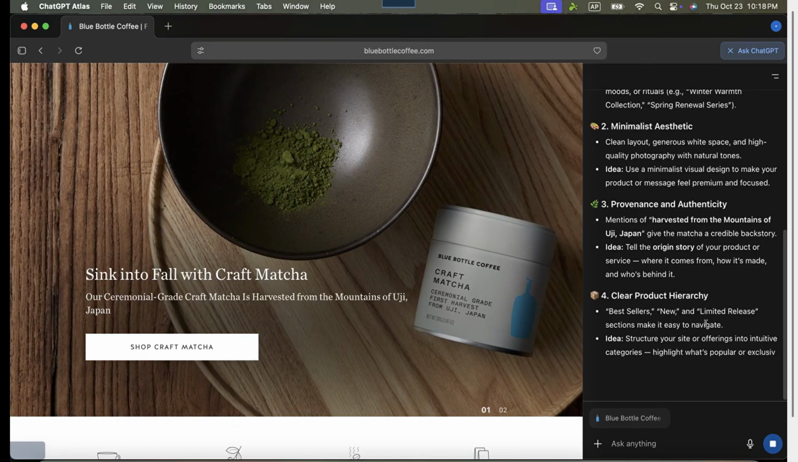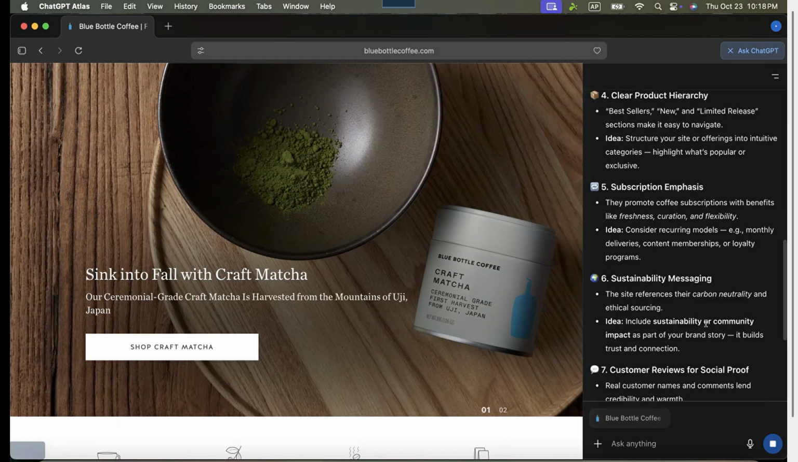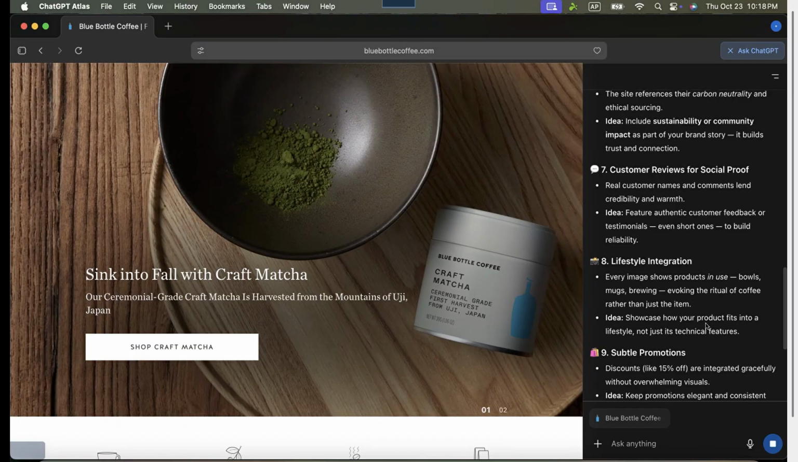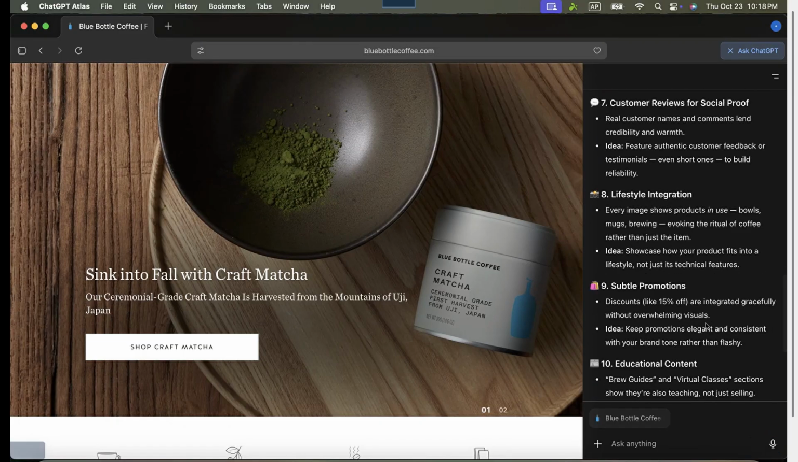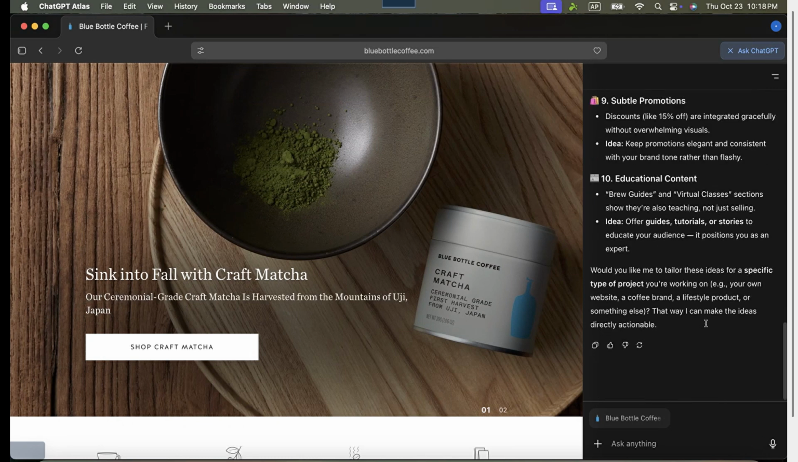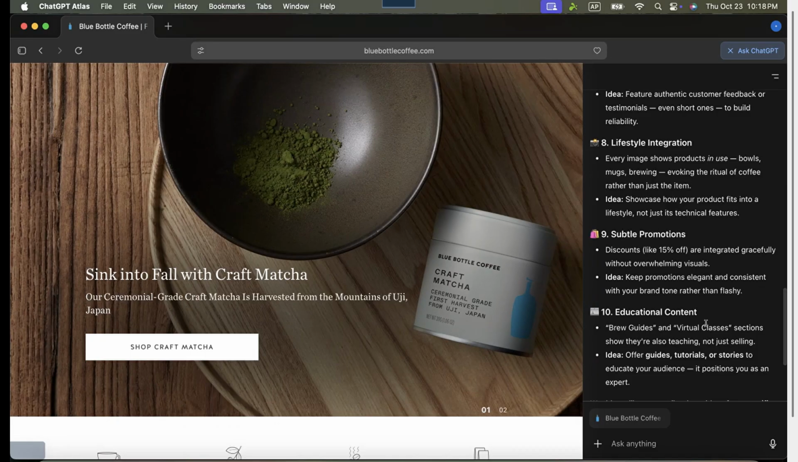In summary, opening the ChatGPT Atlas app, visiting a site like Blue Bottle Coffee, utilizing the Ask ChatGPT feature, crafting a thoughtful prompt, and submitting it is all it takes. This process not only enhances your interaction with digital content, but also paves the way for new ideas and endless possibilities. Be sure to try it out, experiment with different websites, and see what novel